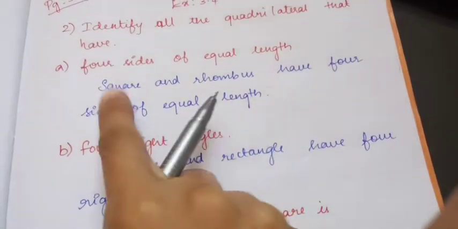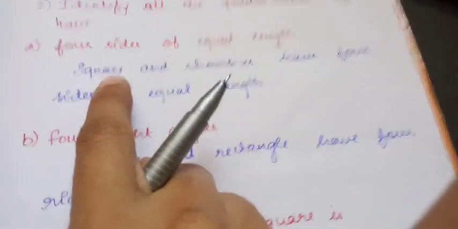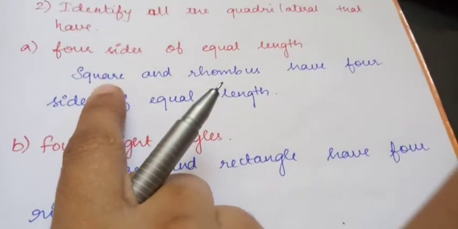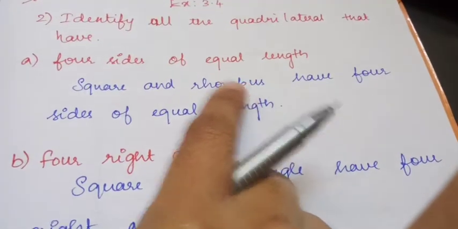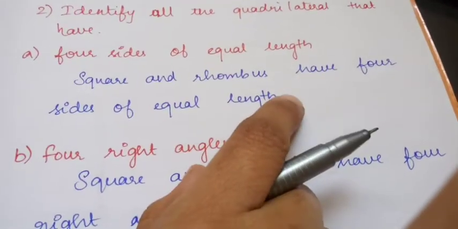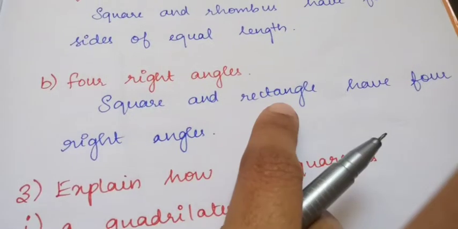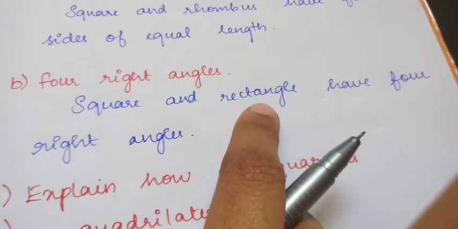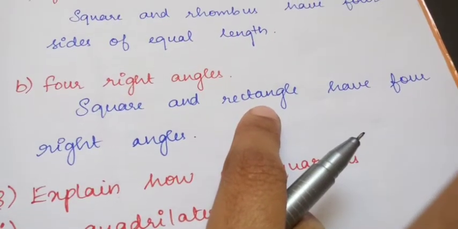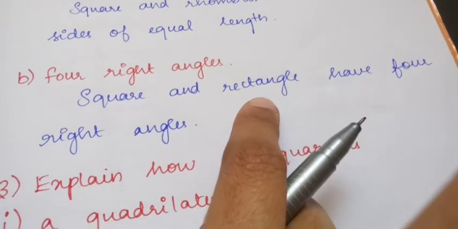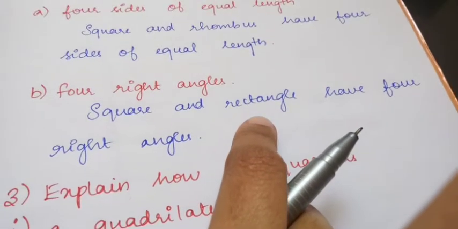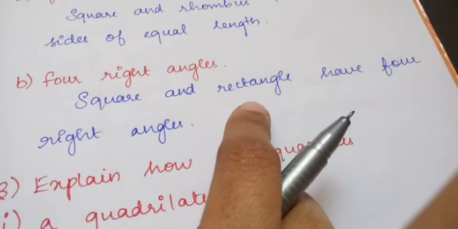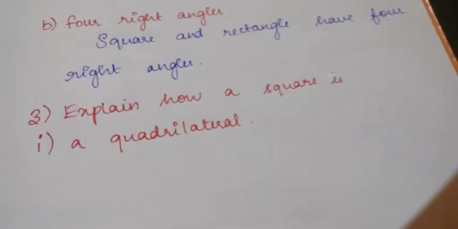Okay, so which are the quadrilaterals having four sides of equal length? Square and rhombus will be having four sides of equal length. Then square and rectangle will be having four right angles. Okay, four right angles will be there, which means all the four angles of the square and rectangle are equal. Okay, next, third